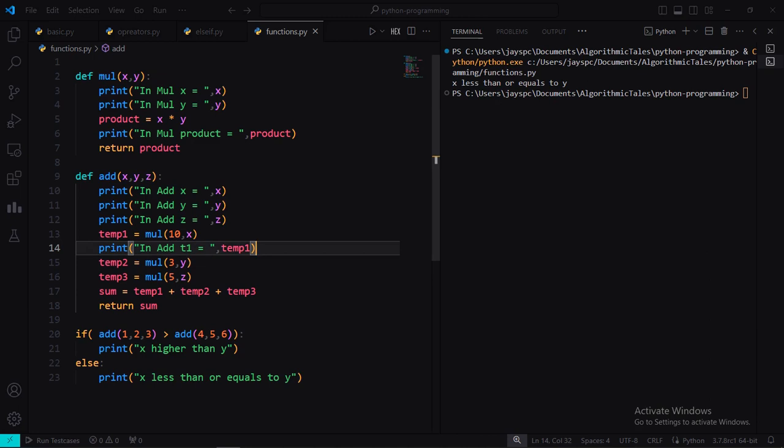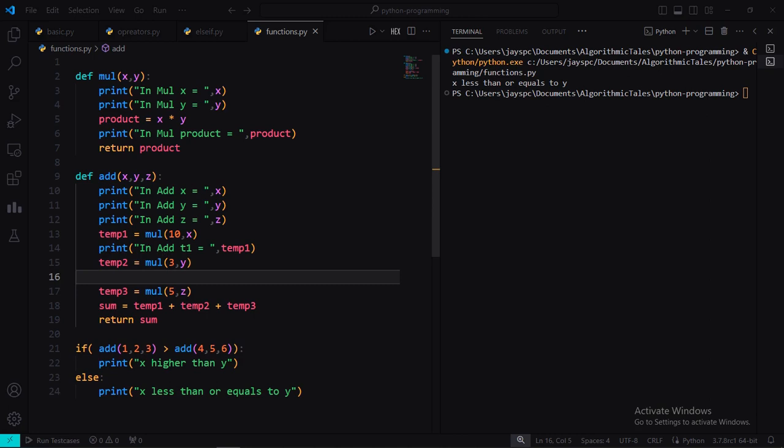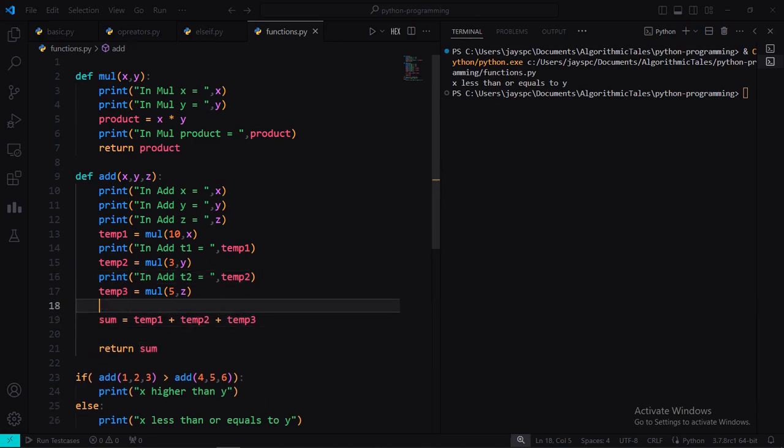Again, the same thing: I'm just going to copy the whole thing and paste it after the second mul call. I'm going to say temp2, and let me say t2 to avoid confusion. Now here is where I need to write it: in add, t3 and temp3. Remember, temp3, temp2 and temp1 are the variables that we have defined locally to add, but t1, t2 and t3 are not variables, they're part of the string. And after we've done